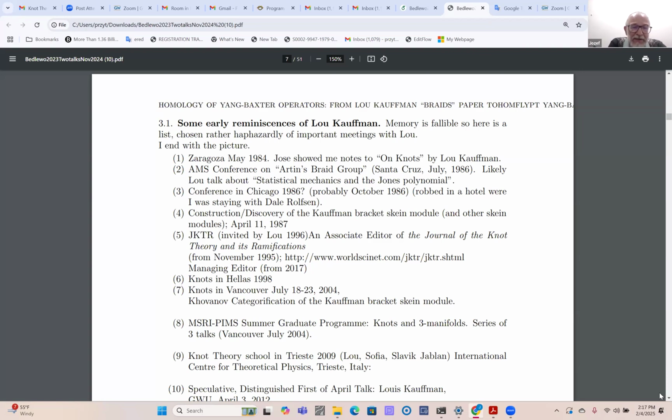Then a very important thing was Knots in Hellas, where I think Sofia was talking a lot and showing very nice pictures from Knots in Hellas. So I will skip this, but it was very important. Then there was a conference on knots in Vancouver. And I wrote here the title of my talk. It was about Khovanov homology. So maybe I should stop for a moment about this,